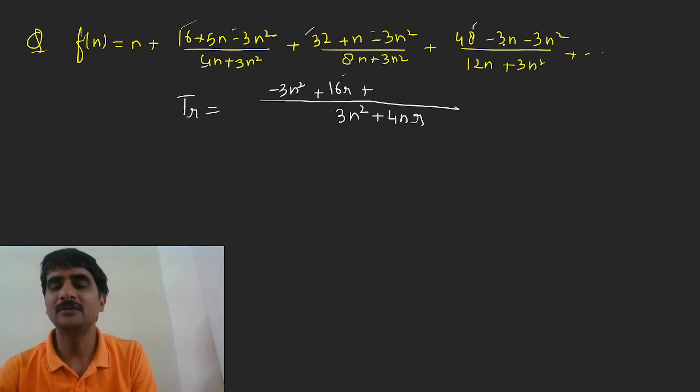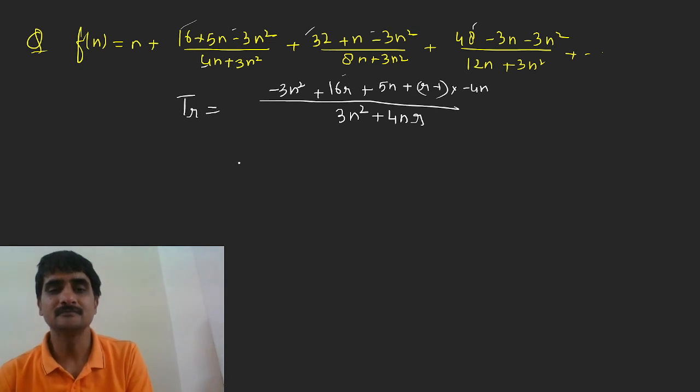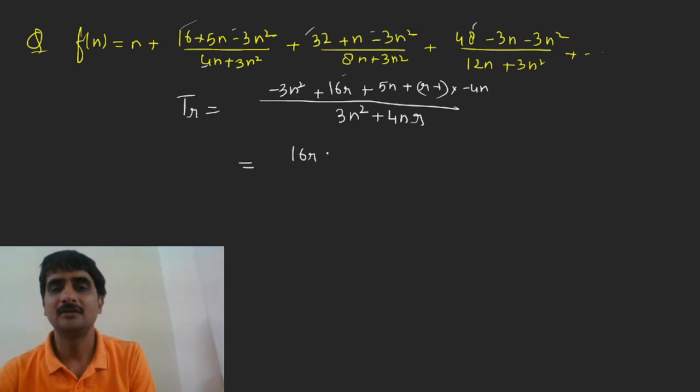Plus 5n, 4n, minus 3n. It's an AP. 5n is the first term, and the rth term is 5n plus (r minus 1) into minus n, that is minus 4n. What do we get? So we get 16r plus